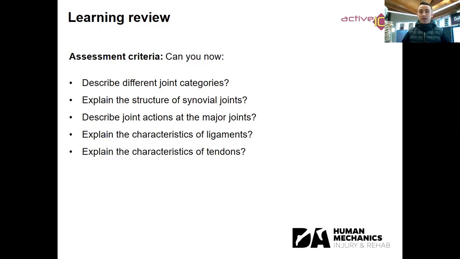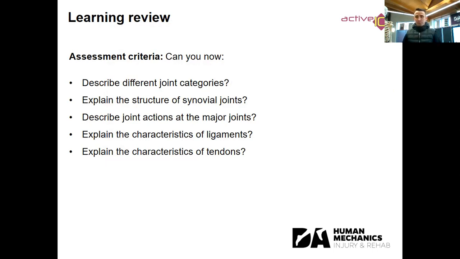So the joint actions are the major joints. Again, your job when you're learning it is to try and couple them. Flexion comes with extension. Abduction comes with adduction. Plantar flexion comes with dorsiflexion. Supination comes with pronation. Inversion comes with eversion. And then you've got your standalone rotation, lateral flexion, and what was the other one? Can't remember what the other one was. Circumduction. Oh, not on that list that you need to know. Sorry, not on that list is